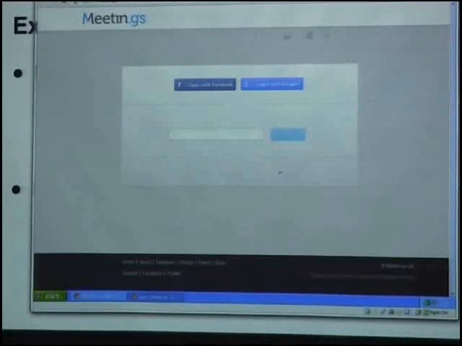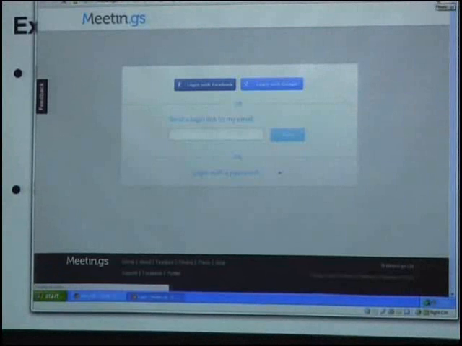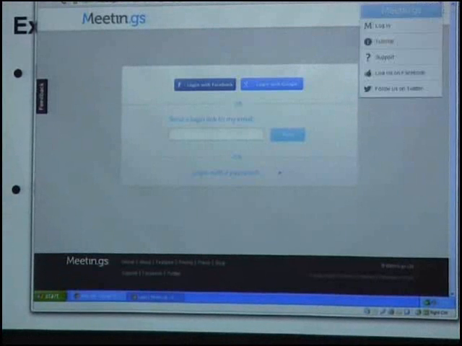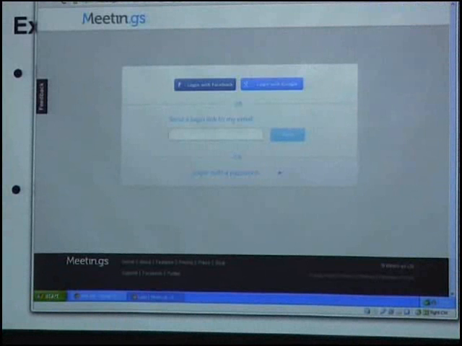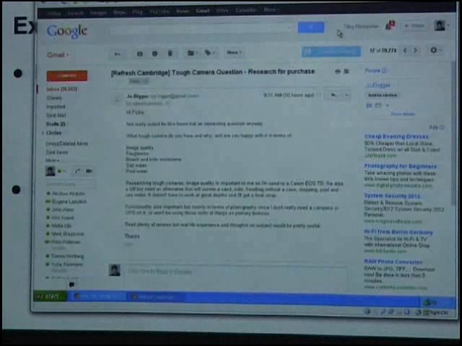And when you click it, you get taken to meetings, and if you're not signed up, you can sign up. There's a little drop down menu as well, so you can log in, and it changes depending on whether you're logged in or not. Cool. So that's the meetings extension, and then the Start HQ extension is